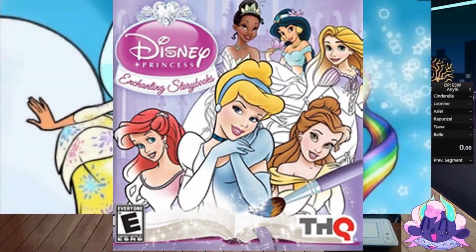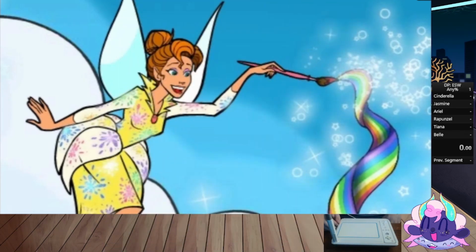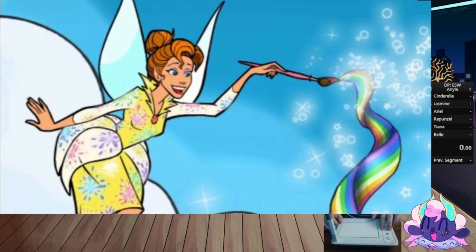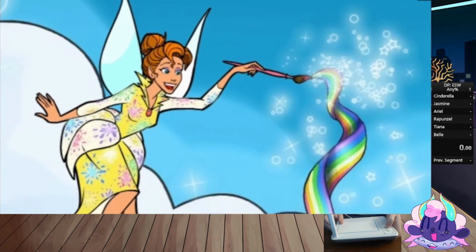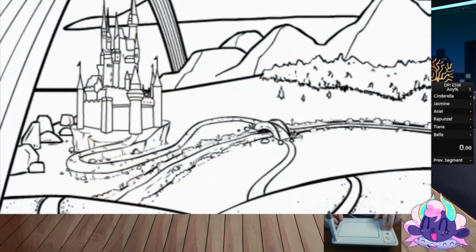Disney Princess, Enchanting Storybooks. This is one of the two that I got physical. Considering it came with my tablet, I'm guessing the parent bought the base bundle, then bought this separately for their kid. I'm sorry, buddy, that you didn't get better, and I'm sorry to the parent that was expecting better for this device. DPES came out a whole year after the tablet's release, and was developed by Disney Interactive Studios and